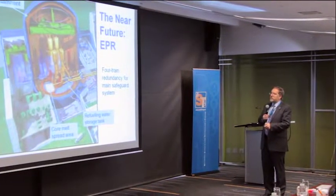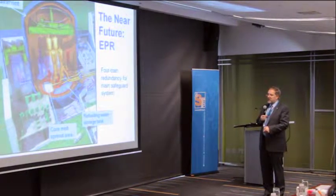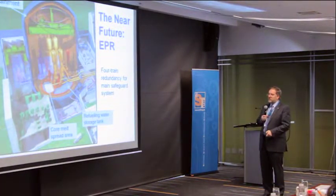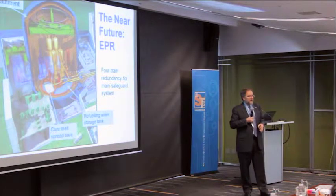So in terms of the EPR, it has the kind of features that you would expect, and again these are all sort of figures that you can get from AREVA. Double wall containment. It has this core catcher, so in case the core actually was to melt, then it would be completely contained within the reactor. It has 4 train redundancies. In other words, it has 4, 1, 2, 3, 4 heat exchangers, which gives you again additional redundancy. But it's a fairly straightforward,